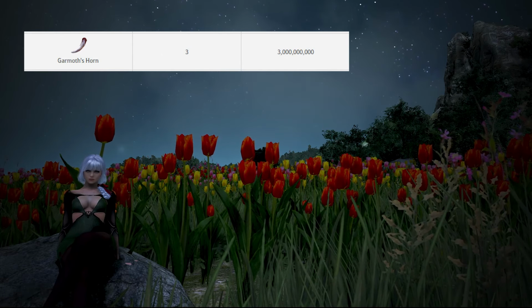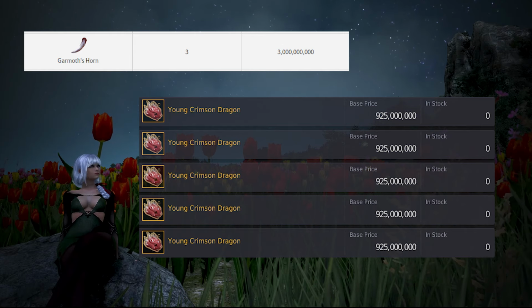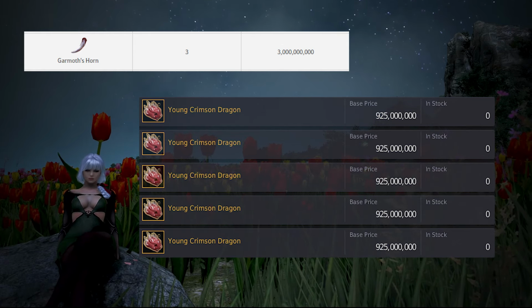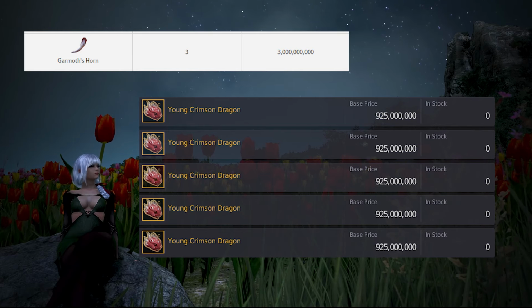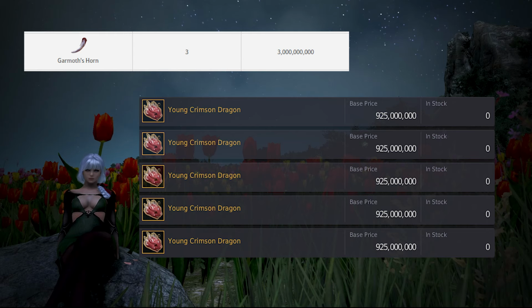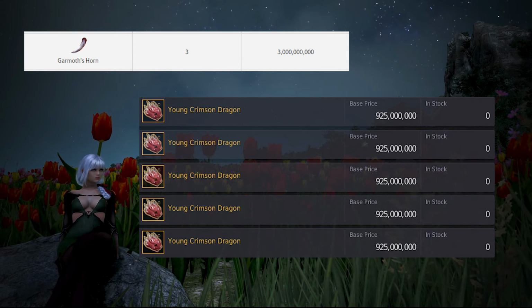Next up is Garmoth's Horn. This gives you a young Crimson Dragon and falls into the same category, where you can pre-order the young Crimson Dragon at a third of the price and you can slowly get them over time. Garmoths are a lot easier to do, so getting the young Crimson Dragon is a lot more common. The HP that the young Crimson Dragon gives is also not used other than in PvP,